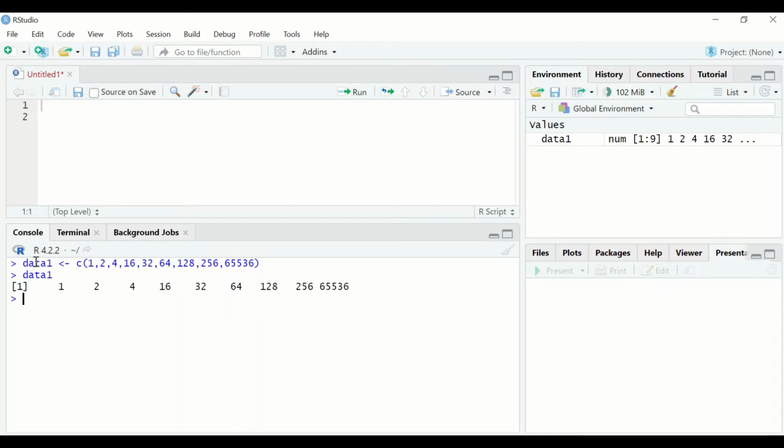The data is viewed from 1 to 65,536. To do square root transformation in RStudio for this data1, type sqrt, open a bracket, and inside that bracket insert the variable or the data by typing data1. Hit enter. A square root for each value within that variable is generated, so the data is transformed as shown here,